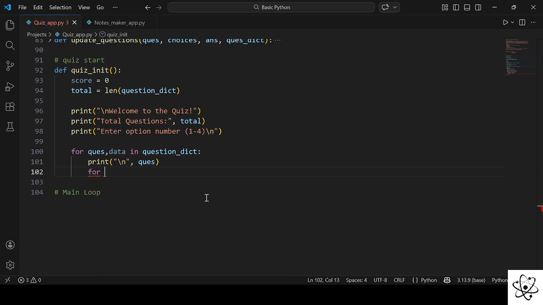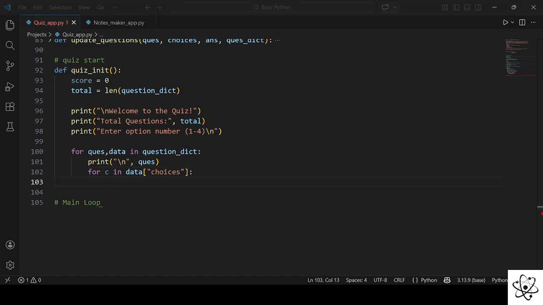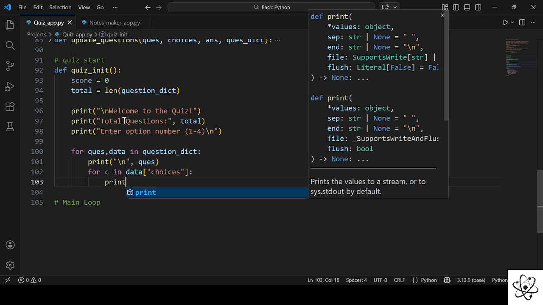So again using the for loop, but this time we are going to use something like for c in data choices,